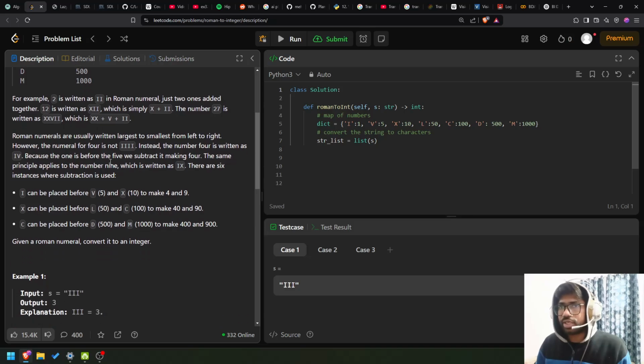Roman numerals are usually written largest to smallest from left to right. Largest will be the leftmost and the smallest would be the rightmost. Okay. However, the numeral for 4 is not IIII. Instead, the number 4 is written as IV because the 1 is before the 5, we subtract it, making 4. The same principle applies to the number 9, which is written as